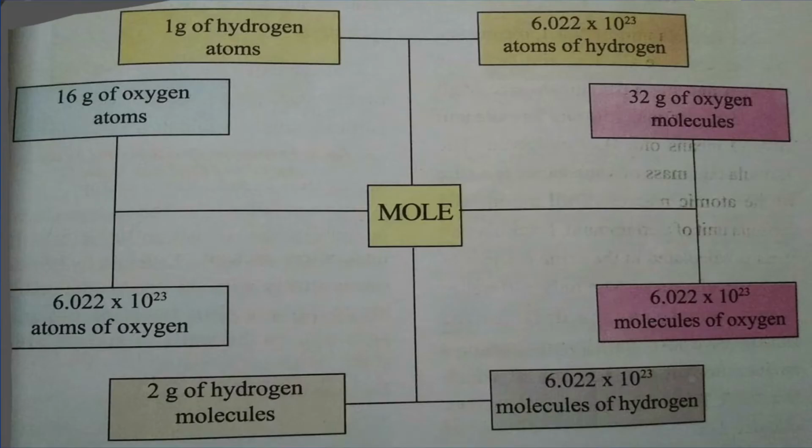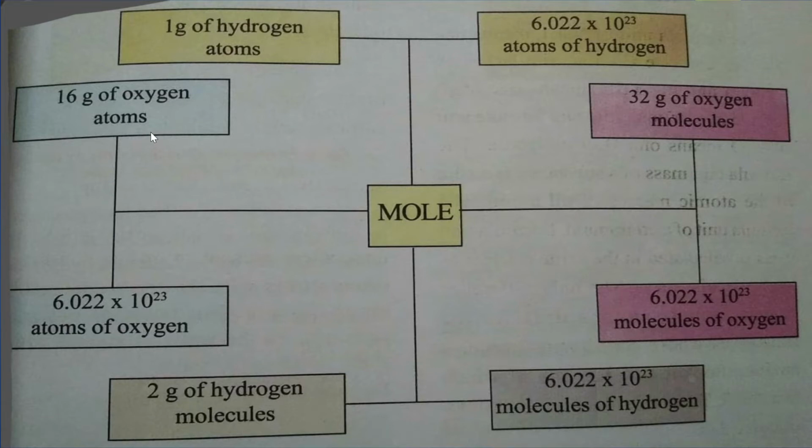Now just look at the chart of mole concept. 1 mole, for example, is equal to 1 gram of hydrogen atoms. That is, here we are considering only the H hydrogen atom. So we know the atomic weight of hydrogen atom is 1 gram. So 1 gram will be equivalent to 1 mole. Or if we are considering hydrogen molecule, here we'll not consider H but we'll be considering H2. The formula of hydrogen molecule is H2. So molecular weight of hydrogen molecule is 2 grams. So 2 grams of hydrogen molecules is equivalent to again 1 mole.